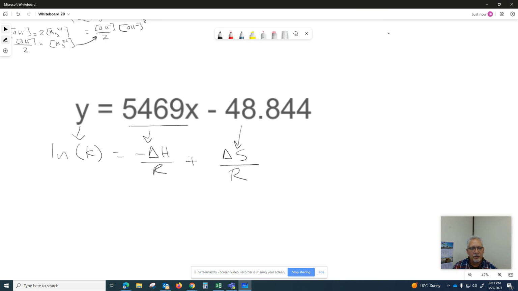So let's solve for delta H, they ask you for finding delta H. My delta H, which is the enthalpy, over R equals 5,469. Remember, those are my own experimental values. You don't have to have the same value for your calculation. And R is also given in the problem. R for me is 8.3145